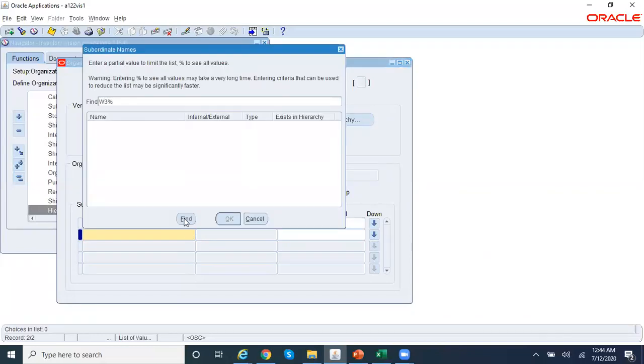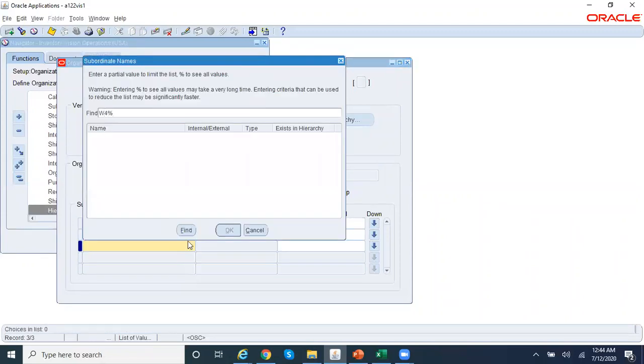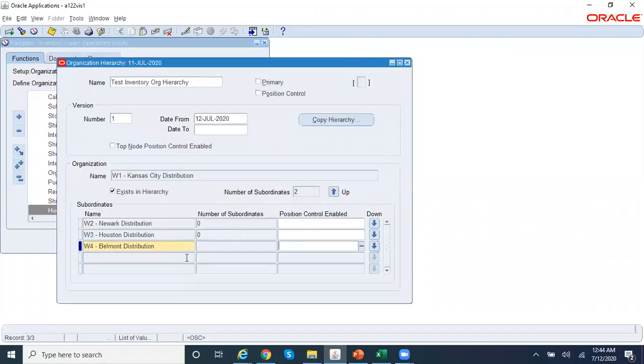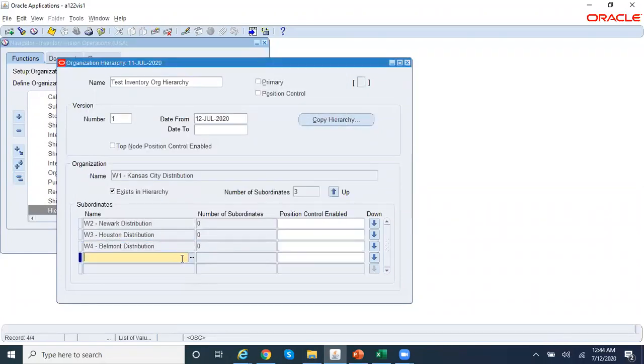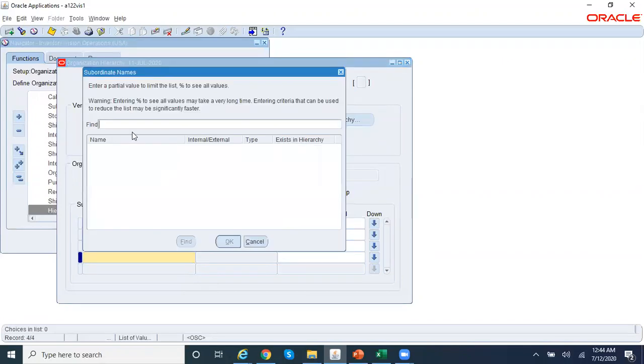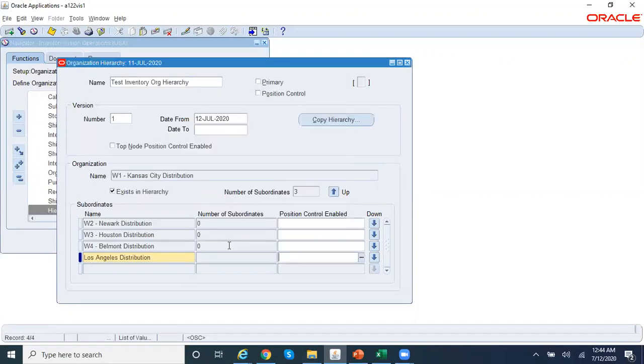W3, save this. W4, save this. Save. And then W5. The name of W5 starts with Los Angeles Distribution Center. Yeah, this is W5. Save this. Okay,